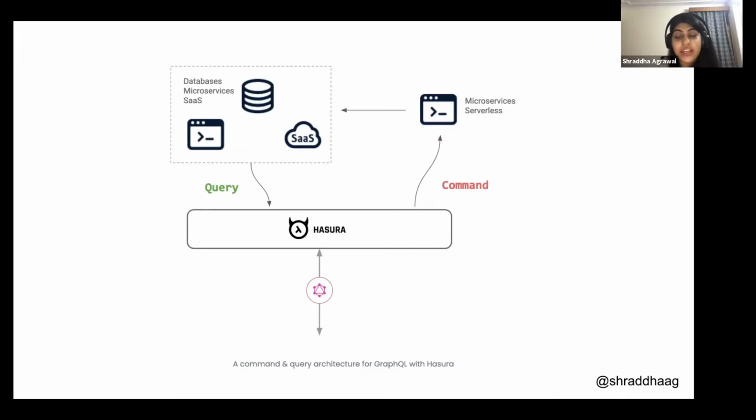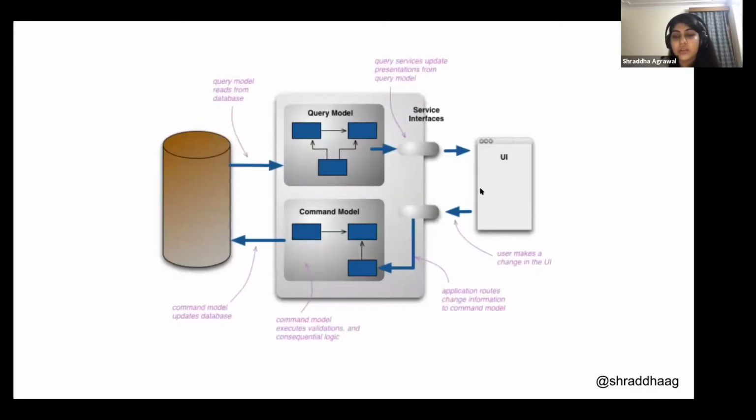As you can see, this model is very familiar to the CQRS system, which is when a user makes any change on the UI, that command is propagated to the command model, which carries out the business logic, and the respective changes to the models are then made in the database, and then the query models fetch these changes and send them back to the UI where the changes are displayed.